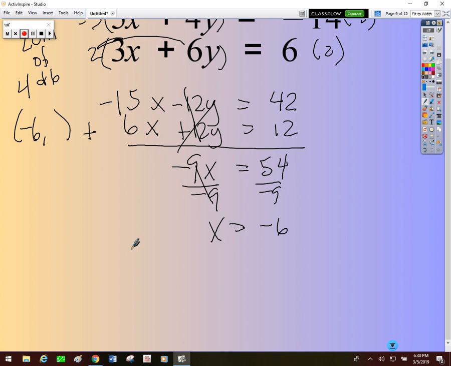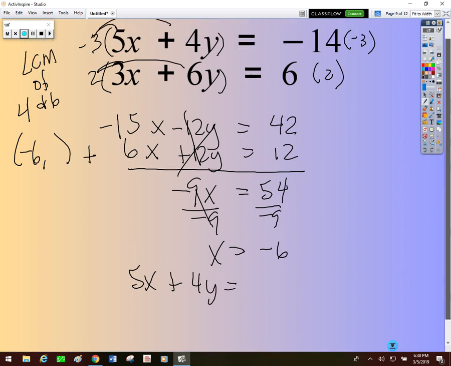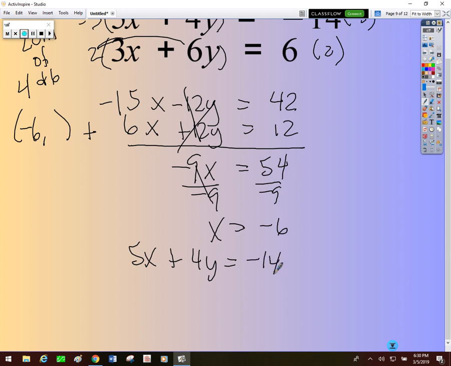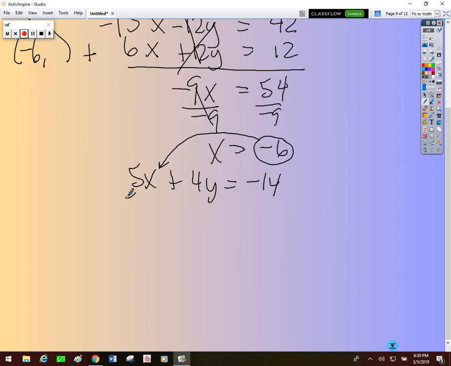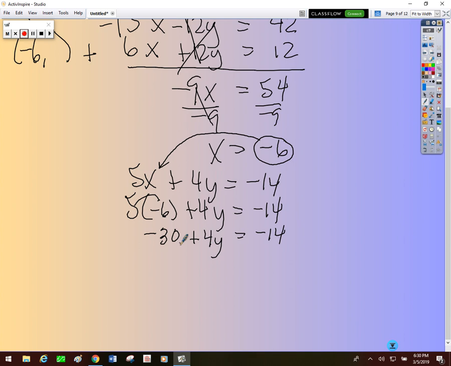Okay, so we use 5x plus 4y is equal to, what was that, negative 14? All right, well, the value of x is negative 6, correct? So we're going to substitute right there. So 5 times negative 6 plus 4y is equal to negative 14. Well, when I distribute here, 5 times negative 6 is negative 30, plus 4y is equal to negative 14. All right, so when I add 30 to both sides,